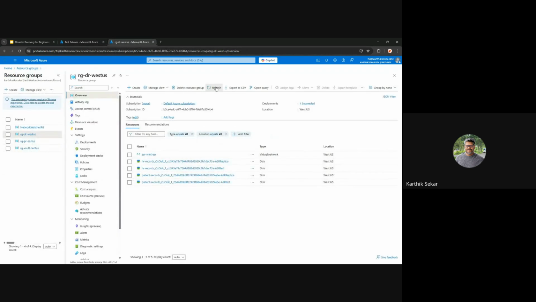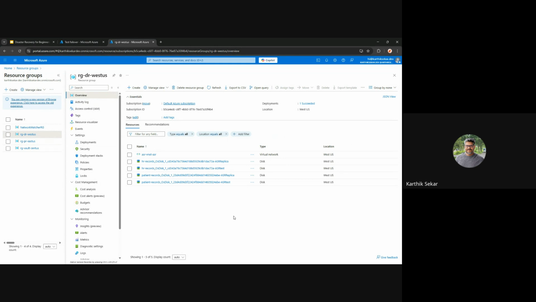It might take some time, so I will explain some other points while it is creating. As I explained, we have 2 options, test failover or the real failover. When a disaster happens, the production server will not be available, and we just have to trigger the failover. If we want to test, basically a drill, we can click test failover. It will create instances. There won't be any downtime, and it will not stop the production. So that is test failover.